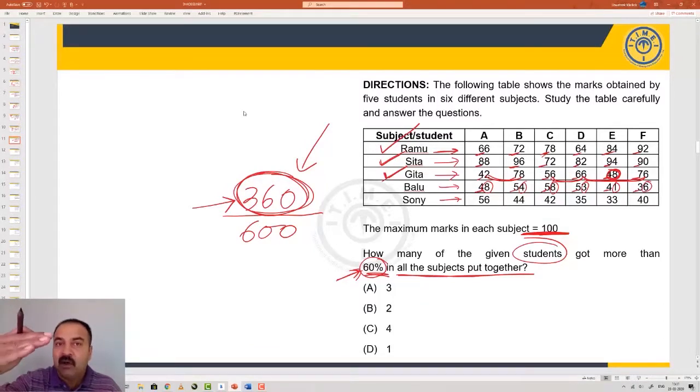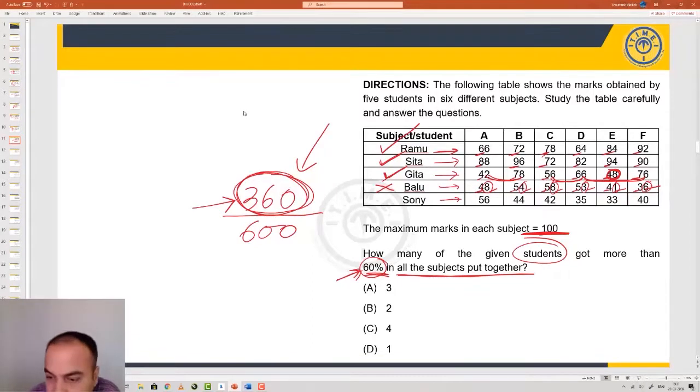100 gap cannot be achieved by adding 6 units digits because the maximum units digit can be 9 and 9 sixes would give you 54 at the maximum. In this case, the digits are not even 9. They are 8, 4, 3, 1, 6. So there is no question about it. So Balu does not achieve it, cannot climb from 260 to 360 even if we add the units digit numbers.